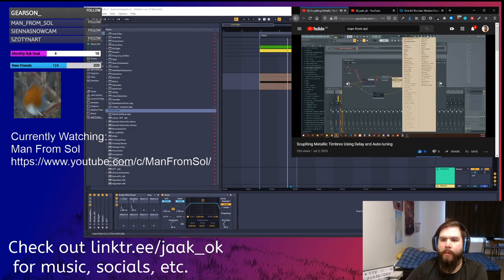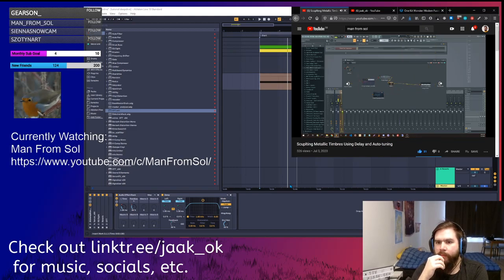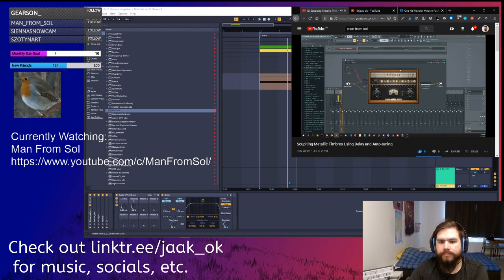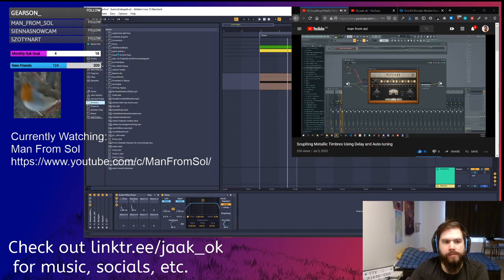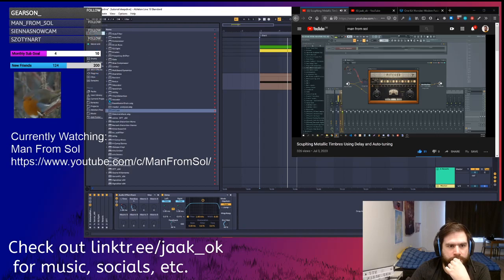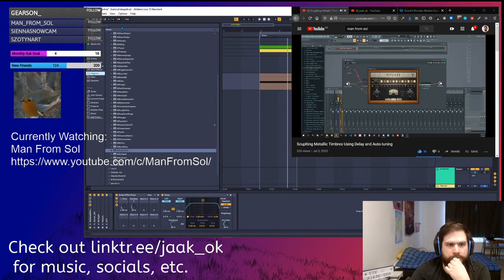We're gonna take a pitcher in FL. They have a plugin called Pitcher. Here it is, and it's basically like auto tune. You feed it an input sound, a tonal sound. I mean, it doesn't have to be tonal. You can actually get some really cool effects when you auto tune a non-tonal sound. But anyways, it detects the pitch of whatever's coming into it, and in real time, it corrects it to an